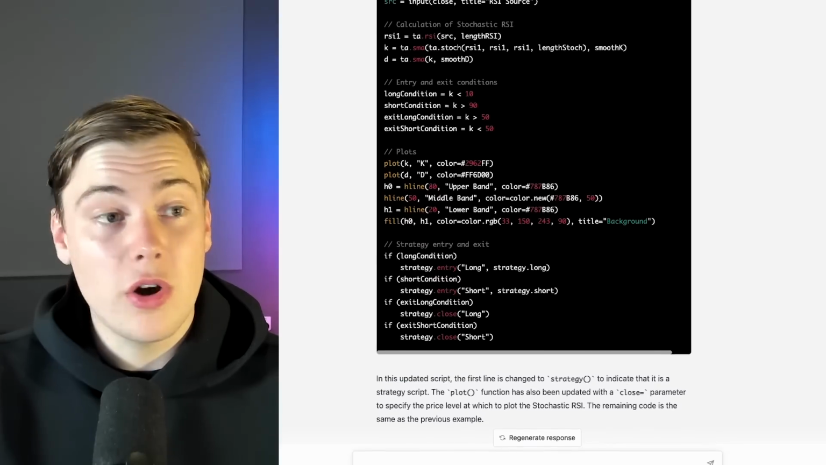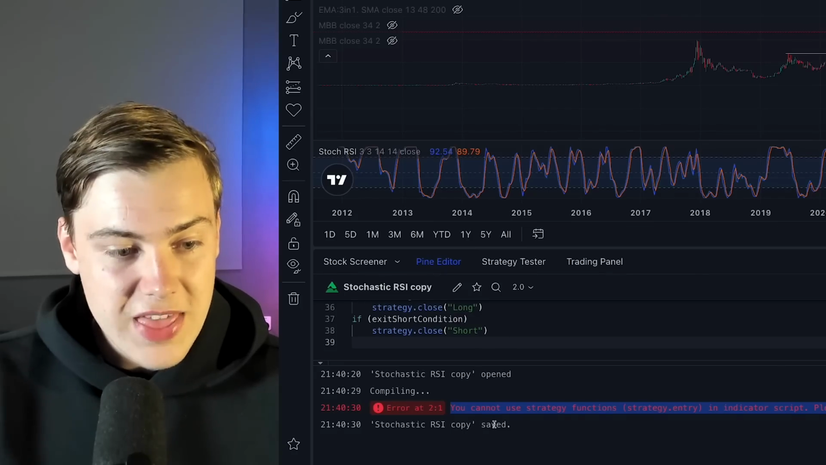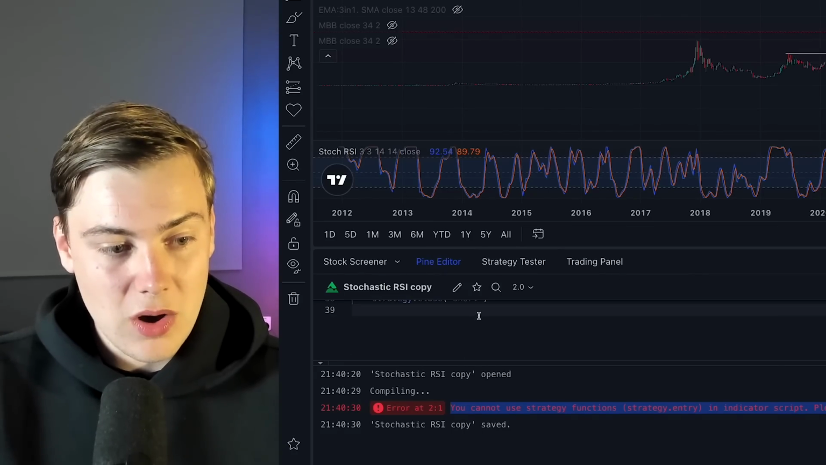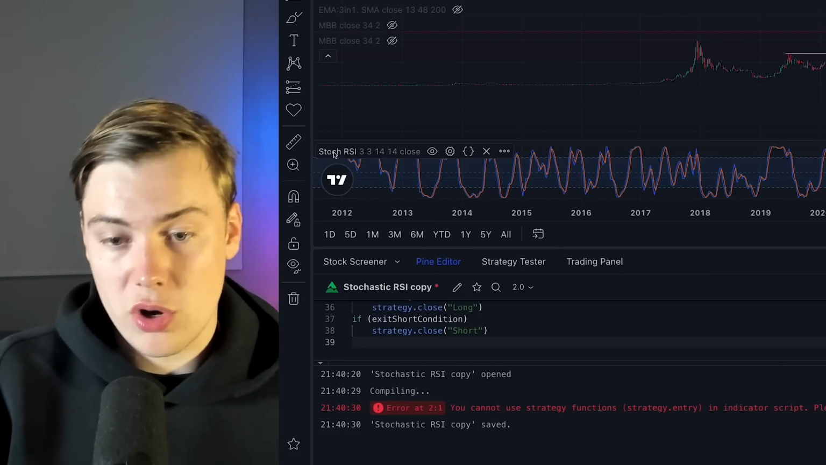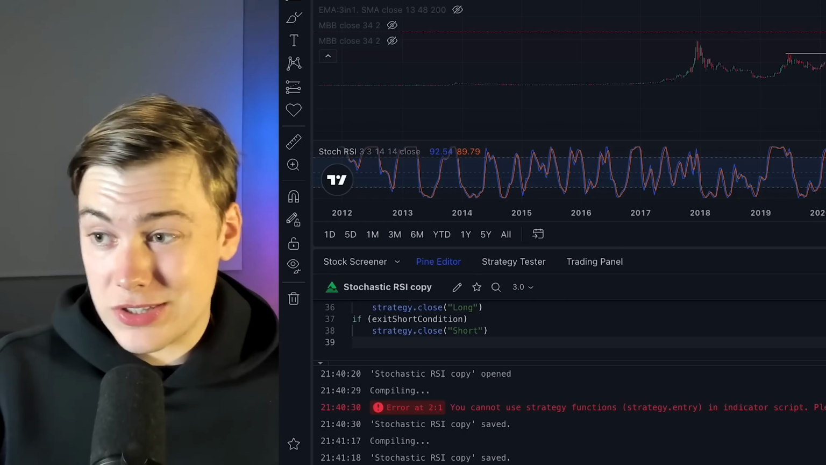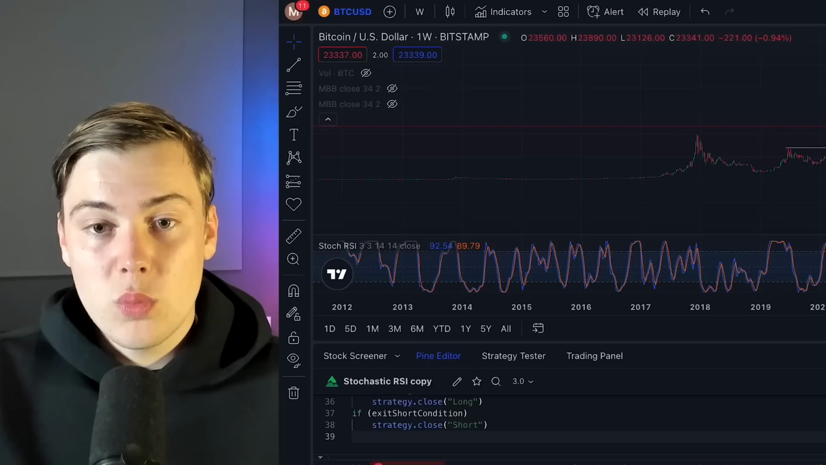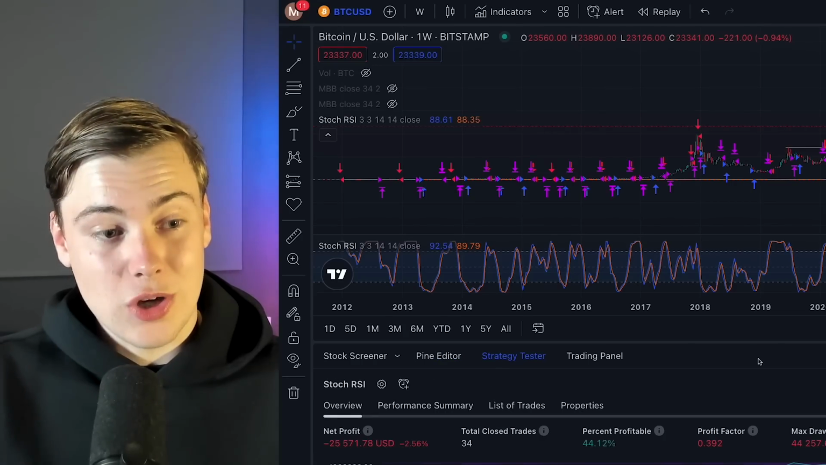Now it's complete, we click on copy code in the top right. Then we want to go back into our source code and re-enter the new code and click save. And this time there were no errors. So that is literally how good ChatGPT is, that if there's any errors with the code, you can literally just ask it to fix the error and it will fix it for you. It's absolutely crazy. But when we add this to the chart, we can see the results of the Stochastic RSI,